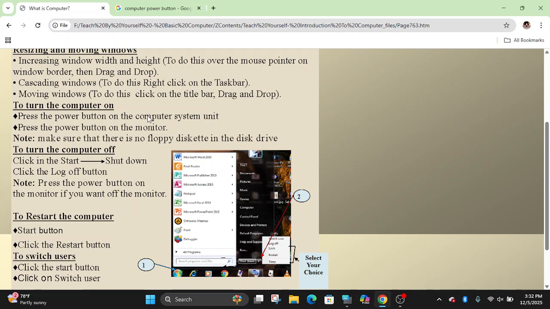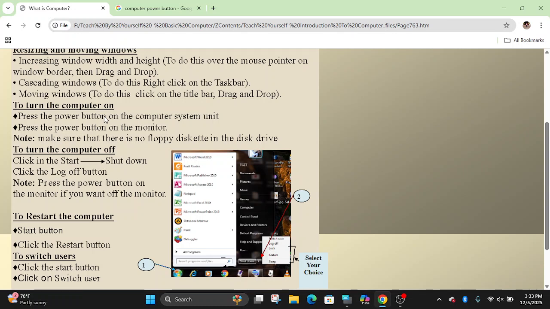The input and output devices are separate, and we connect them using data cables. For instance, the monitor is connected with a VGA cable. It has its own power cable, and it gets data from the system unit using the VGA cable.